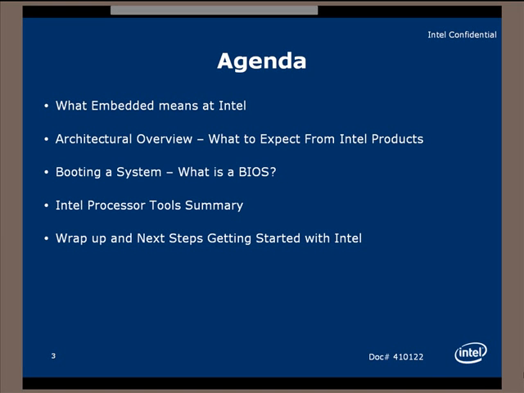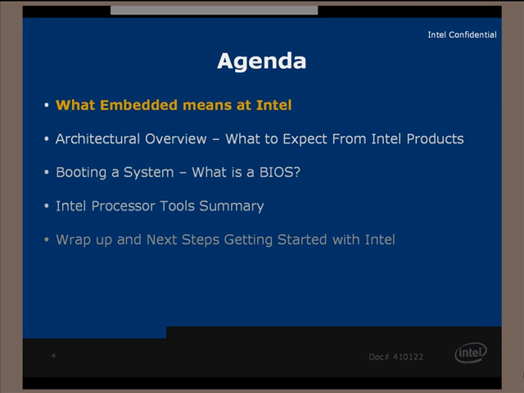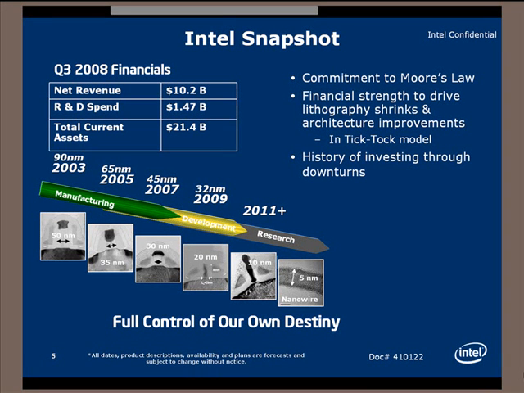Okay, so first let's take a look at what embedded means at Intel. Before we do that, I wanted to point out that at Intel we believe one of our fundamental strengths is in driving process technology in our commitment to Moore's Law. And Moore's Law really simply states that the size and the cost of transistors are reduced roughly by half about every 18 months. So what that means to you is ultimately higher performance, lower cost products, really with a focus on performance per watt that of course can be very important in embedded designs that have typically very limited thermal